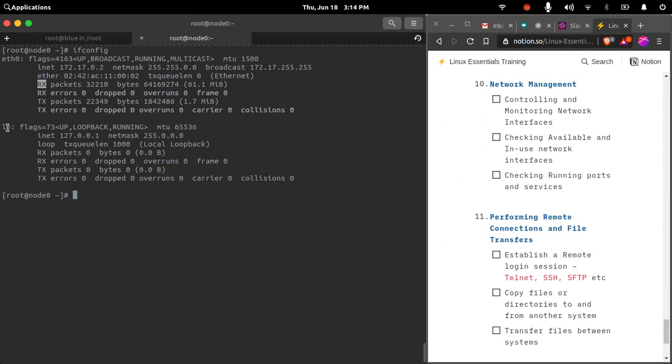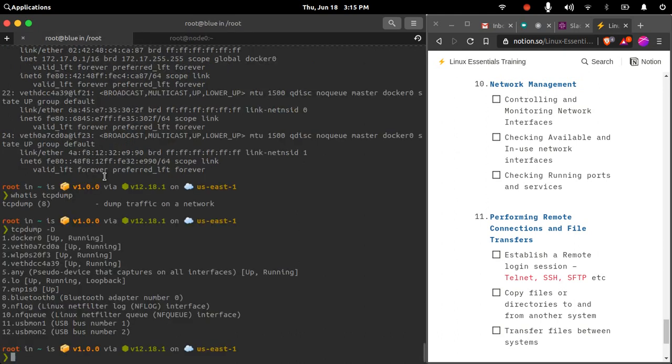And similarly the loopback address will have the same fields, the interface network address along with the netmask and other details. So this is the way that you will investigate what network devices are connected to your system.